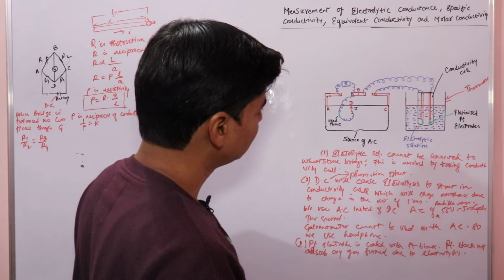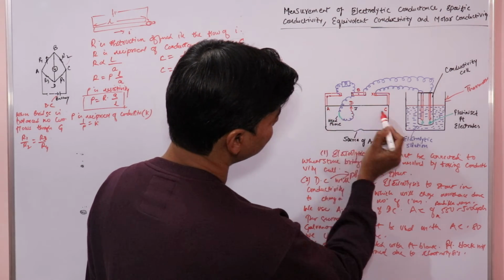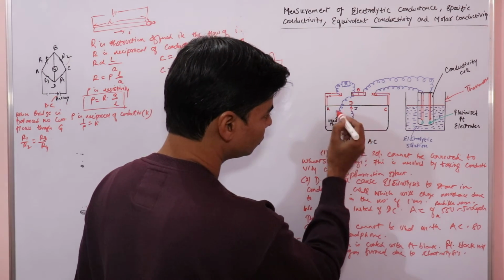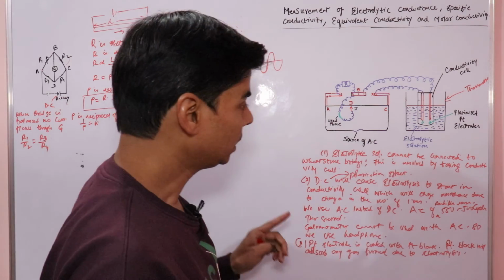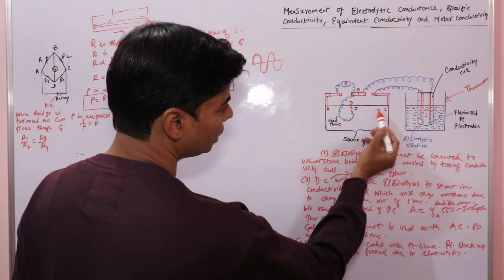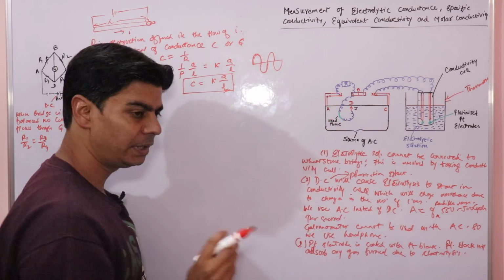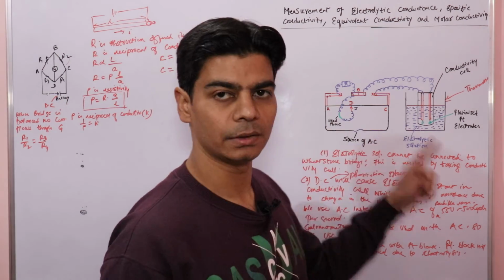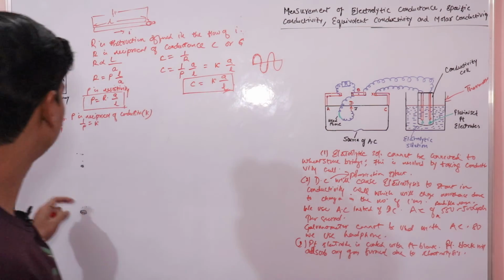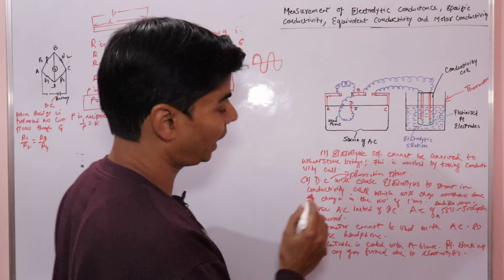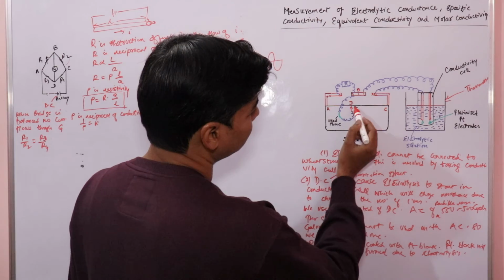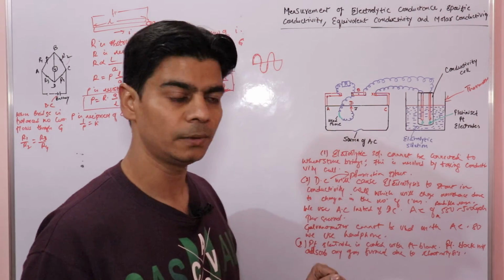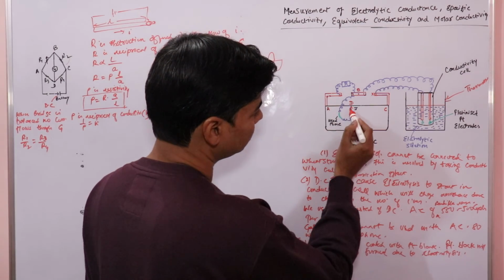So what we do is we slide this jockey on this wire, and we listen to the headphone. The point at which we hear minimum sound in this headphone while sliding the jockey on this wire is known as the null point. And if we apply the same Wheatstone bridge principle at the null point, when minimum current or no current is flowing through this headphone, then at that point